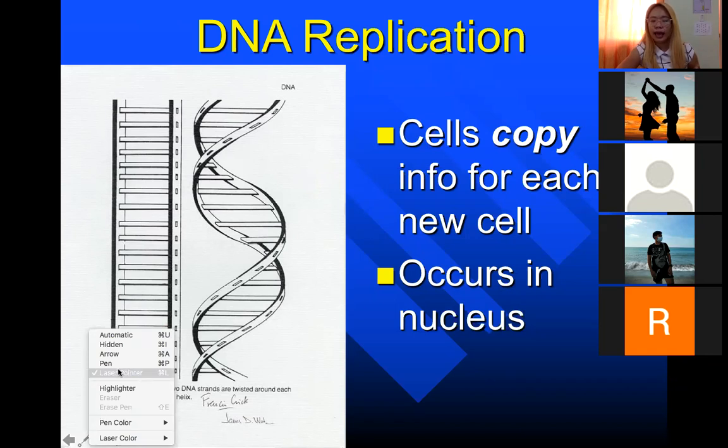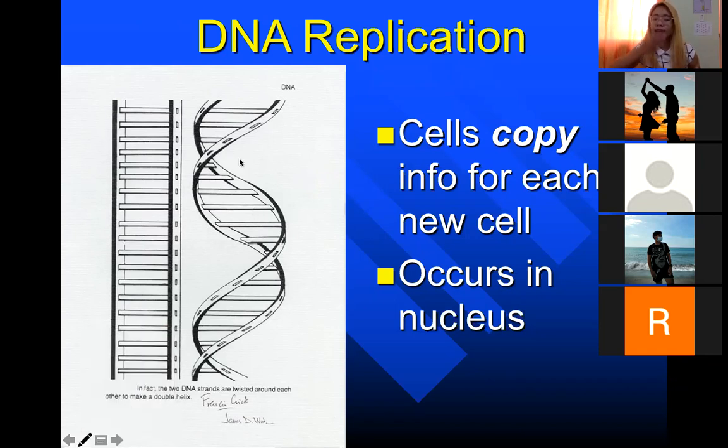So during the S phase, the DNA replication happens. So from 2 copies of the DNA, magiging 4 copies siya para at least each daughter cell will have their own set of genes. Okay? So during the S phase, dodoblihin niya yung kanyang DNA sa loob ng nucleus para pag nag-divide na siya, parehong daughter cells will have their own copies of the genes. Okay? So DNA replication happens during the S phase.